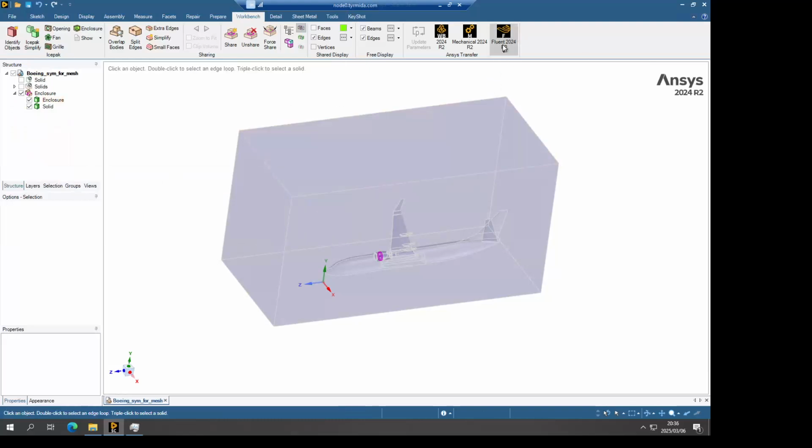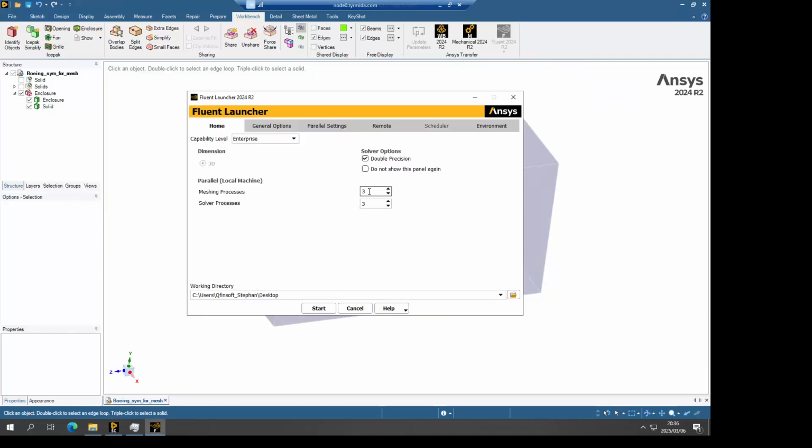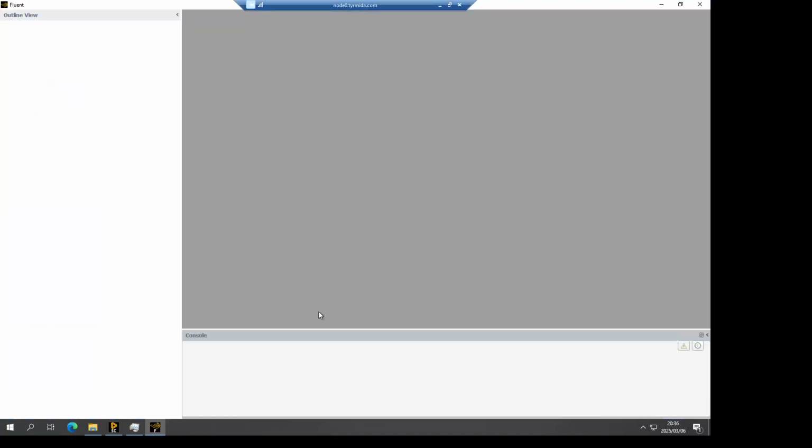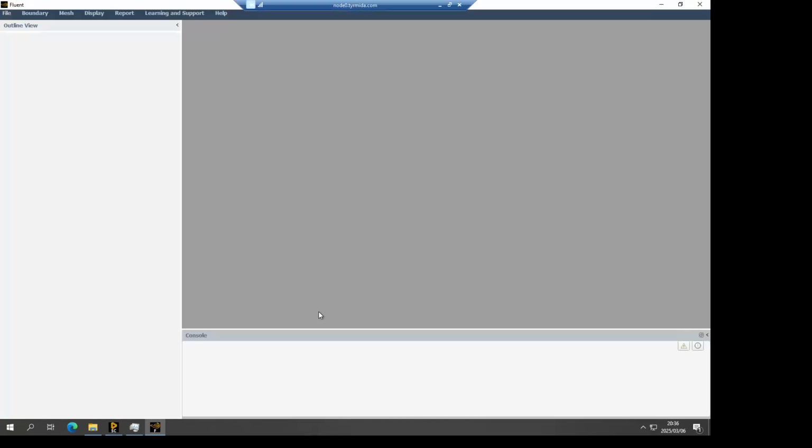And then from our application here we can go to the watertight geometry workflow, which will then open Fluent in meshing mode. Here I can use as many cores as I have licenses and as many cores as the machine has. This is a gold processor and it has 40 cores, so I'm going to use that. That will now open Fluent in meshing mode and import my airplane simulation geometry that we've just created.